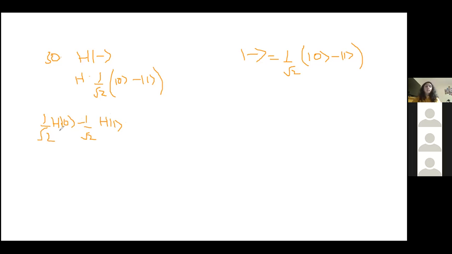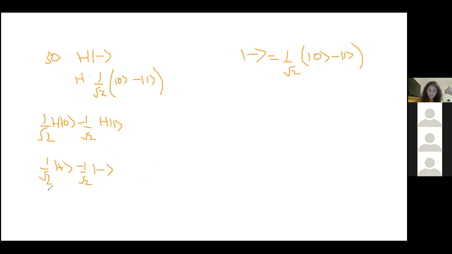And this is where you use the results from the previous part, because we know that when you apply H to 0, what did we get literally 2 minutes ago? It was the plus state. And so that's why it says use the results from the previous part. And this is where you're going to have to trust me a little bit, because when you apply H to 1, you get the minus state. You can verify that, and I encourage you to verify that, but in the interest of time, I'm just not going to do it here.